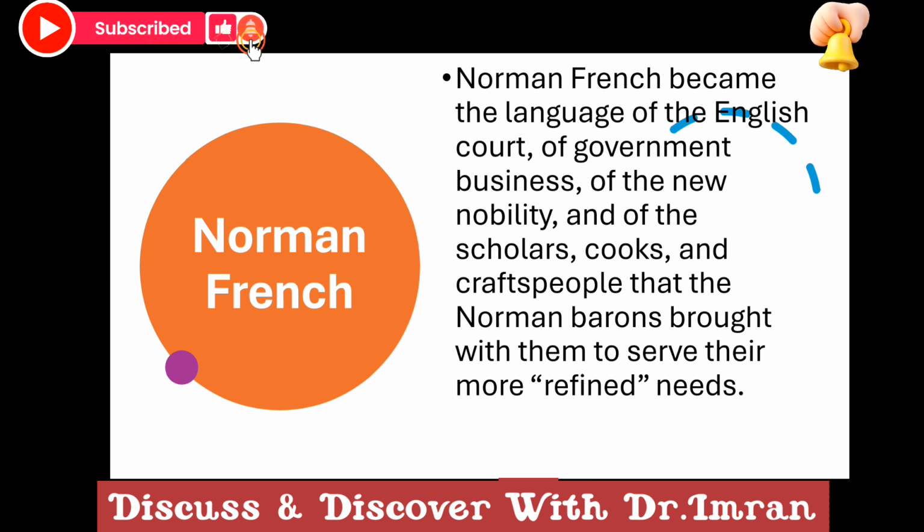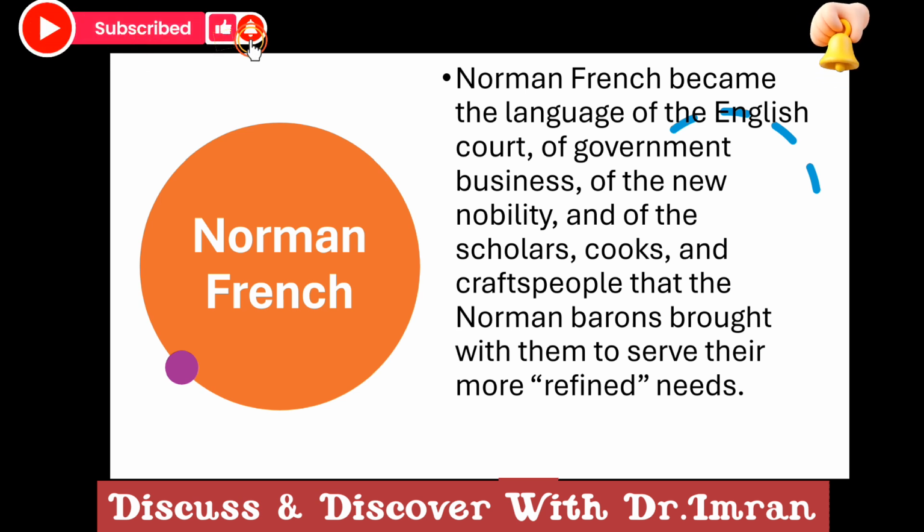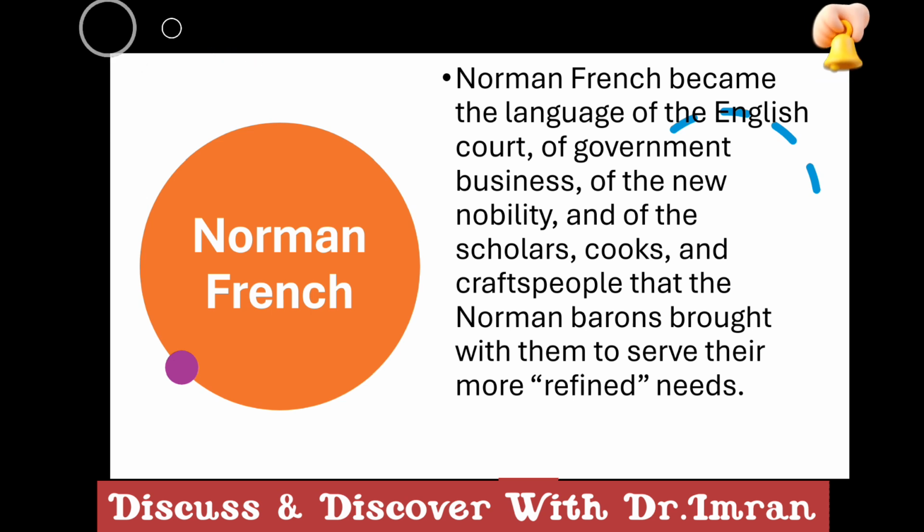So French was not the language of common people. The common people still spoke English, fine. Latin was the language of the church, English was the language of the common people, and French was the language of the government, the courts, and the aristocratic class, as well as of the scholars, the cooks, and the craftsmen that the Normans brought with them. So there was a division, and we can still find this division in many societies. If you take the example of the Indian subcontinent, India and Pakistan,